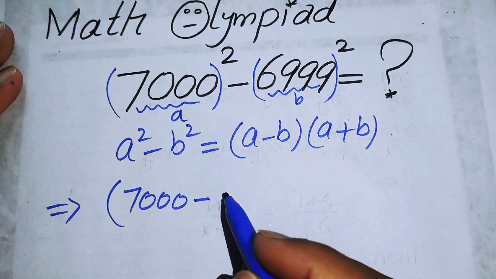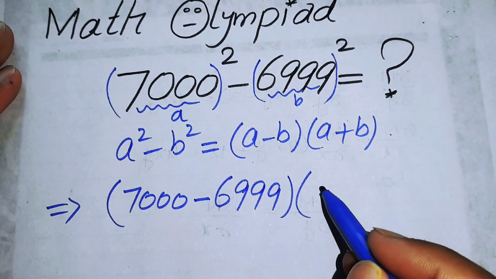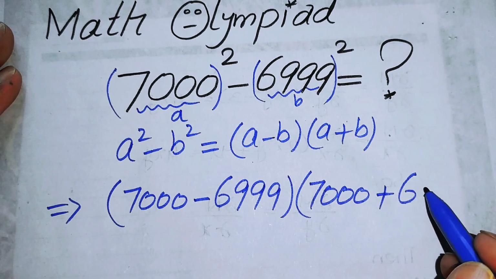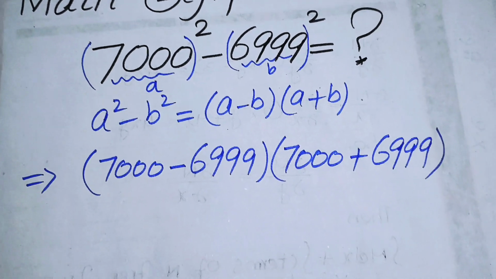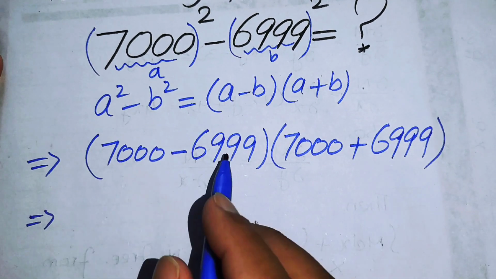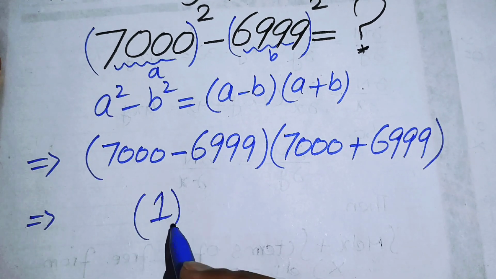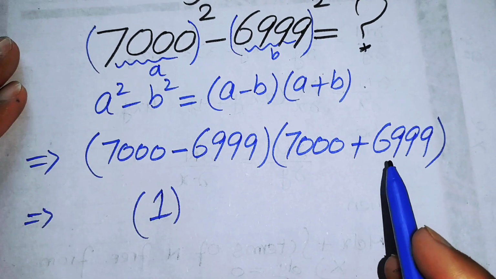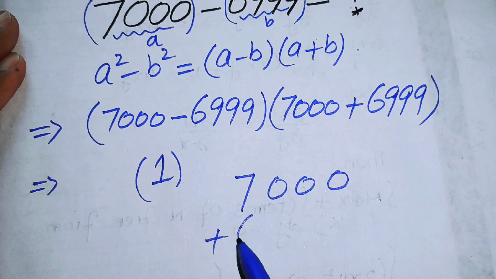7000 minus 6999 into 7000 plus 6999. After that, when we subtract 7000 by 6999, we will get 1, and here we add 7000 plus 6999, so we can add these numbers in this way: